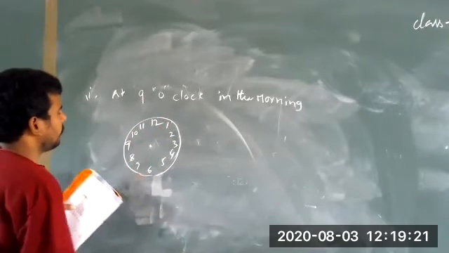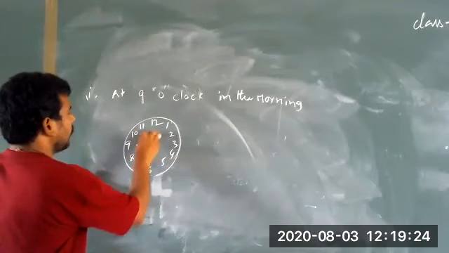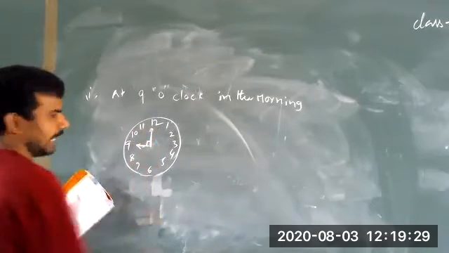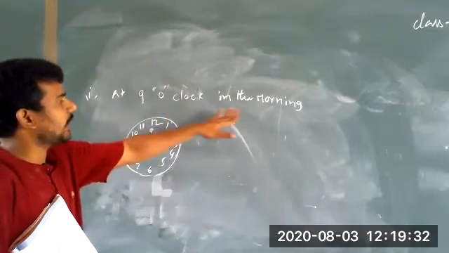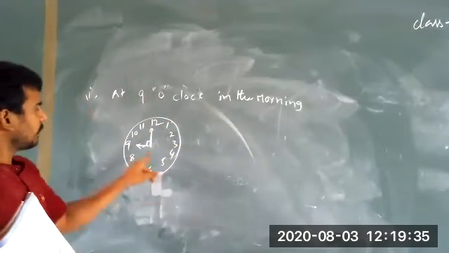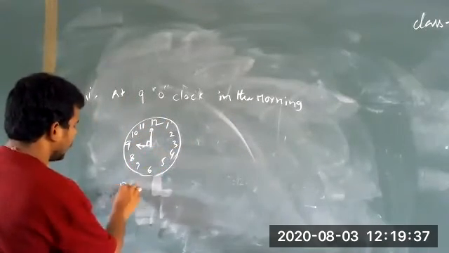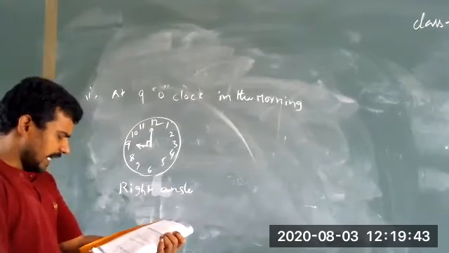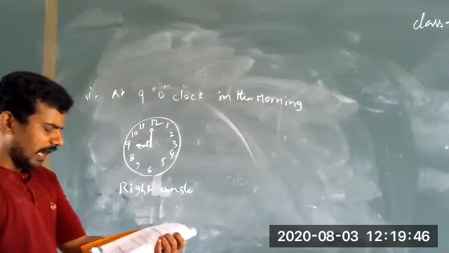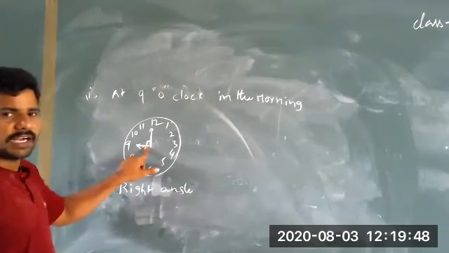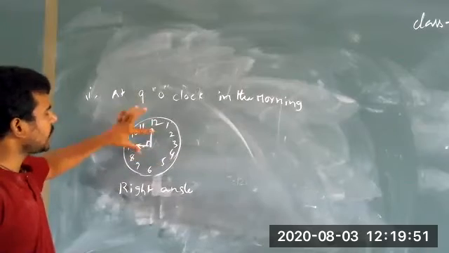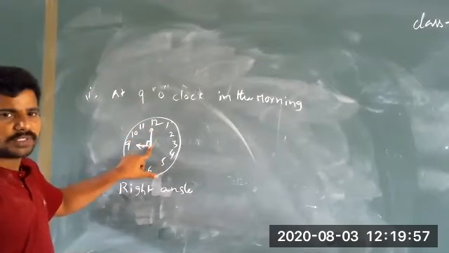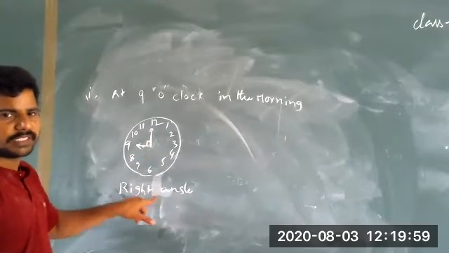Which o'clock, children? 9 o'clock. So here the small hand, the long hand like this. So this is the angle. Which angle, children? This is the right angle. So here at 9 o'clock in the morning, which angle is formed, children? Right angle. Here it is asking, write the type of angle formed between the long hand and short hand. This is the short hand, this is the long hand. Which angle is formed here, children? Right angle. So that's why your answer is right angle.